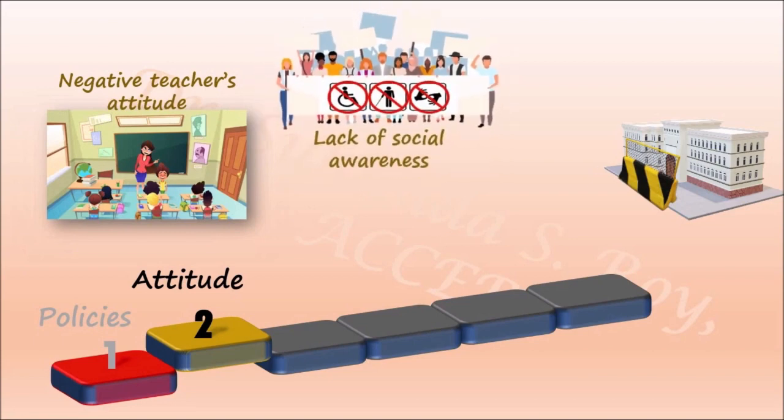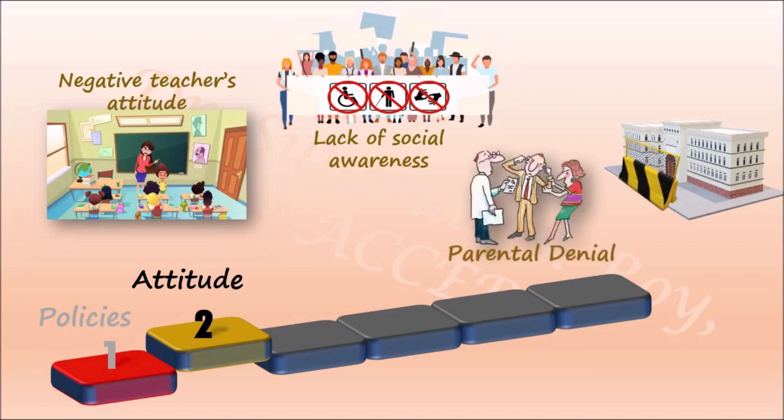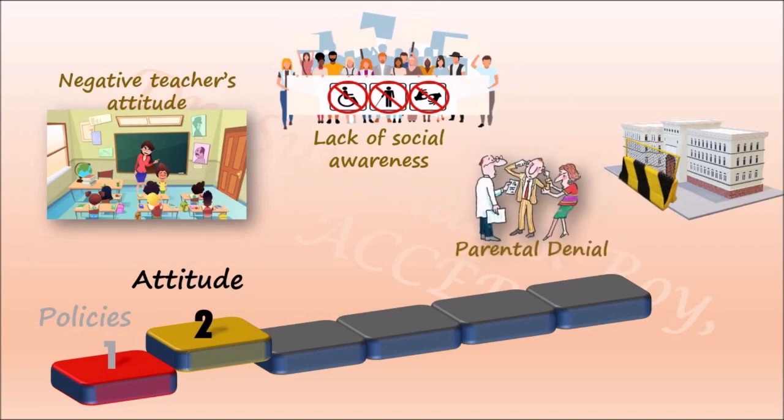There is lack of social awareness regarding different types of challenges faced by children and adults. Due to this, people consider challenges or disabilities as contagious. Parents do not feel comfortable if their children go to school with the differently abled students. Moreover, parents of students with disabilities are often in denial regarding their child's condition. This attitude is very harmful because if these students are not sent to inclusive schools and get the appropriate inputs,